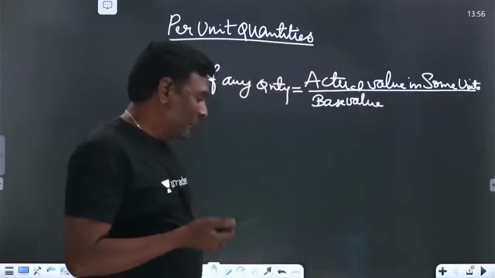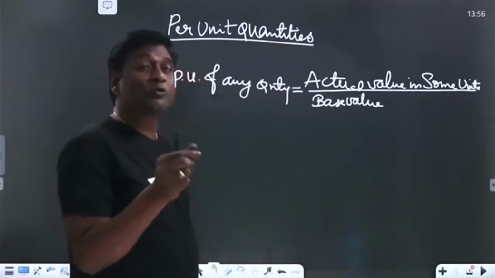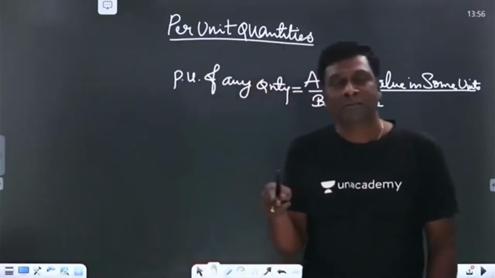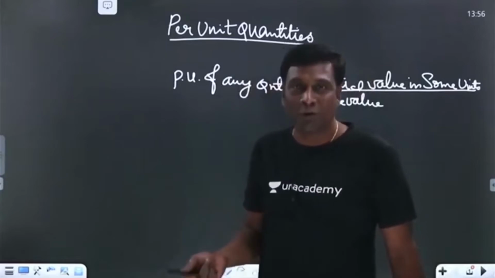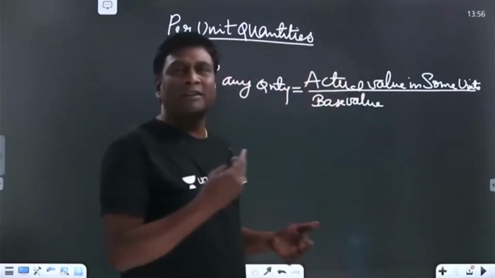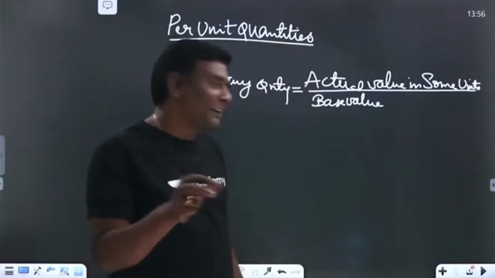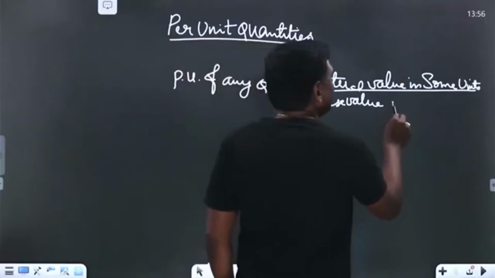For example, when we said previously that my transformer no load current is very small, 2 to 6%, my transformer no load current will be 2 to 6% of its full load current, 2 to 6% with respect to its full load current. Our voltage regulation can be a maximum of 6 to 12%, we can say. So that is relating things with a base value in the same units.